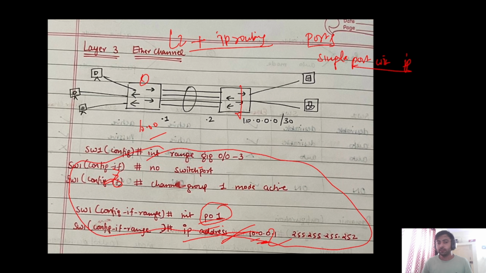What is the use of this? In Layer 2 EtherChannel, we try to confuse with the IP addresses. In Layer 3 EtherChannel, we are utilizing IP addresses. Routing will be enabled. In that way, it will work more significantly. Now let's move to